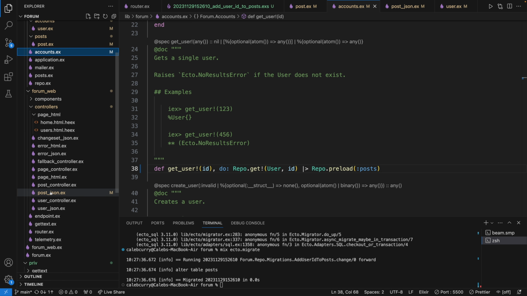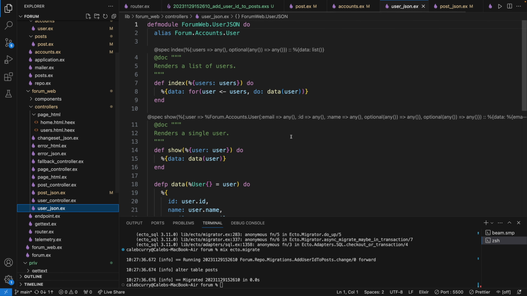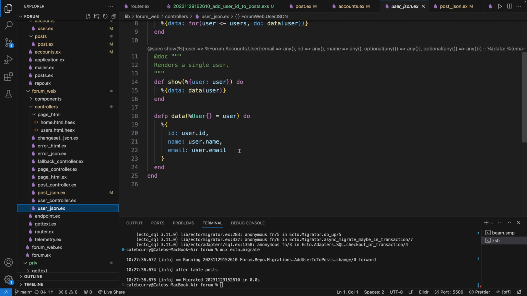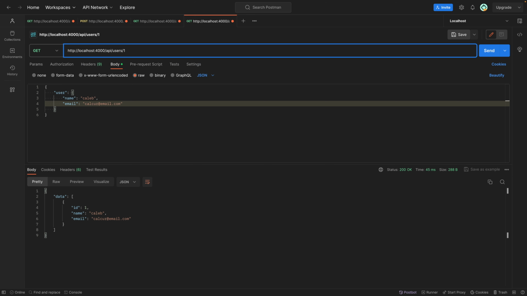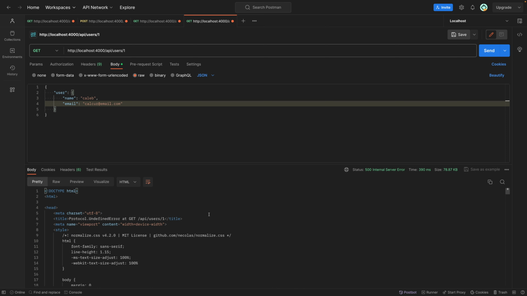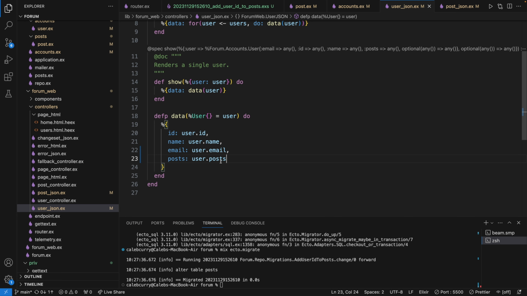So we'll go over to the view inside of user_JSON, and where we render a single user, we can modify this to include the posts. So we could say posts, and we'll start with this, but it's not 100% correct. So we say user.posts, and then let's say we wanted to retrieve a specific user such as user1. We get an error, undefined error,